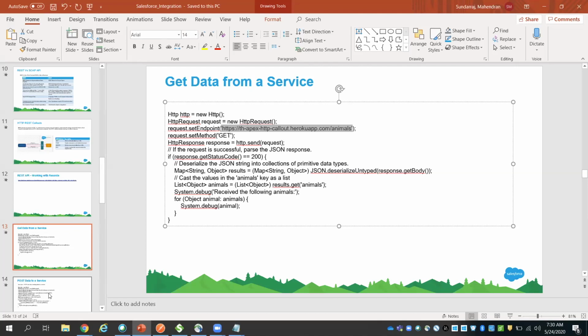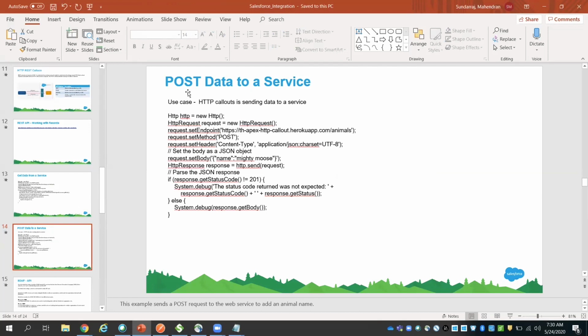Okay, the next slide is post data to a service. Similarly, from Postman or any third-party URL, as I told, you can create an account, create an opportunity, anything; for a custom object, you can create the data. So here is an example using Apex.